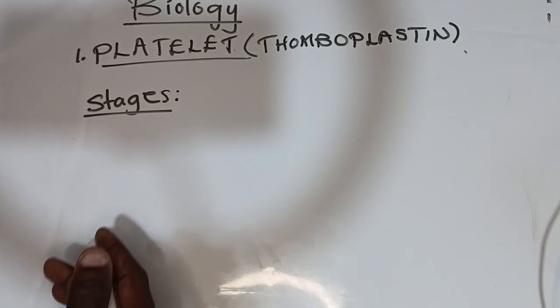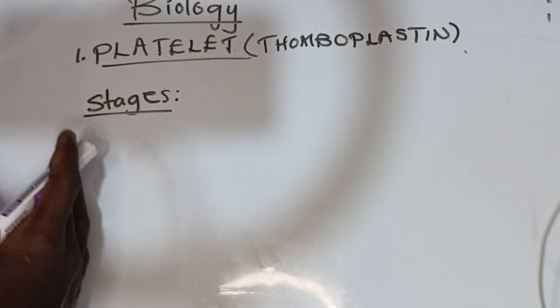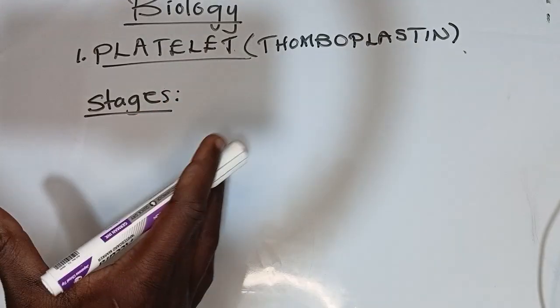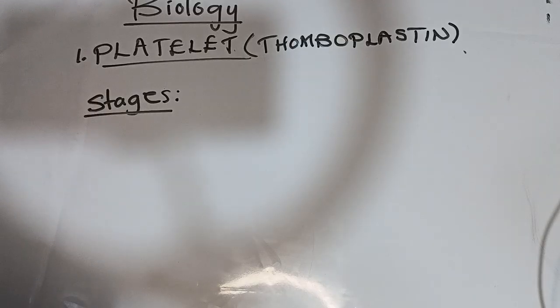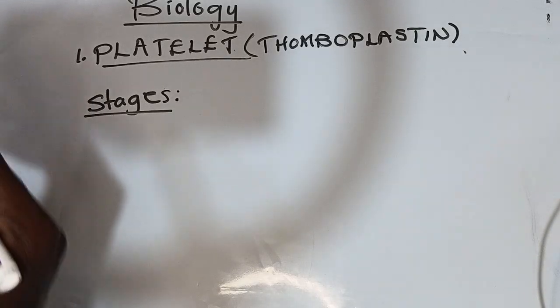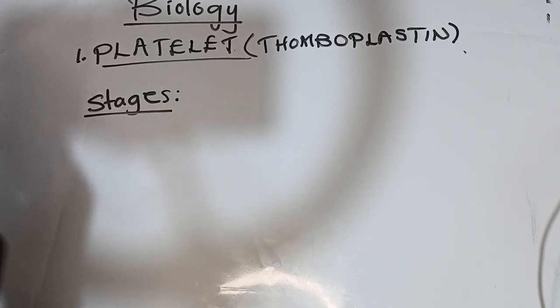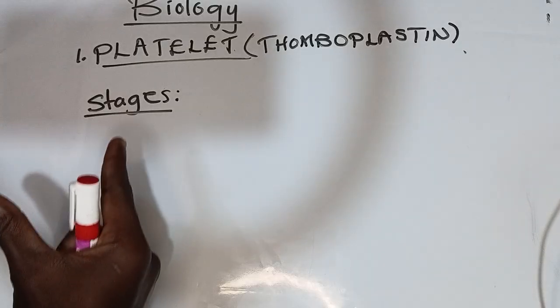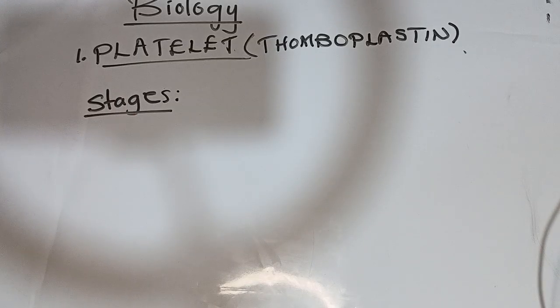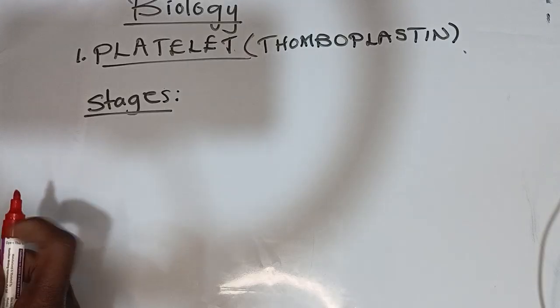The other name of the platelet is called thromboplastin. Okay, so the first stage is when the wound is introduced to damage. If you are told to explain, especially in section B under essay writing, as long as you are prepared in this year 2026, don't forget these processes. If you are told to explain the stages of the platelet,